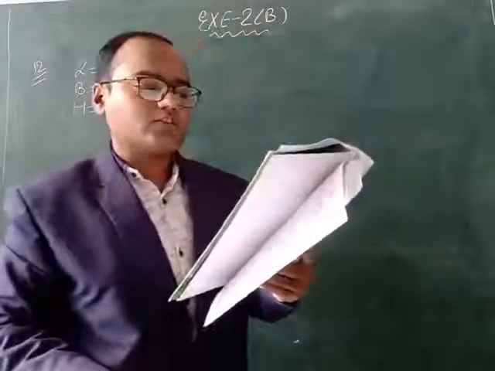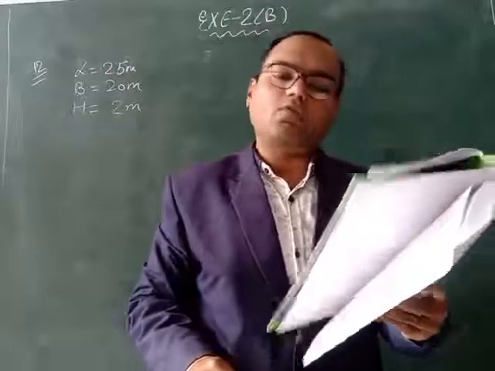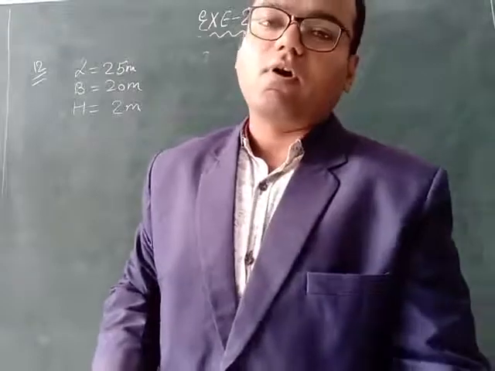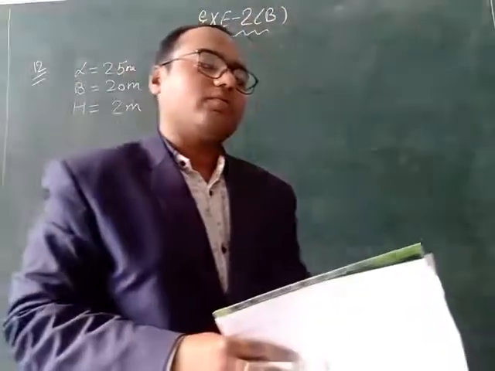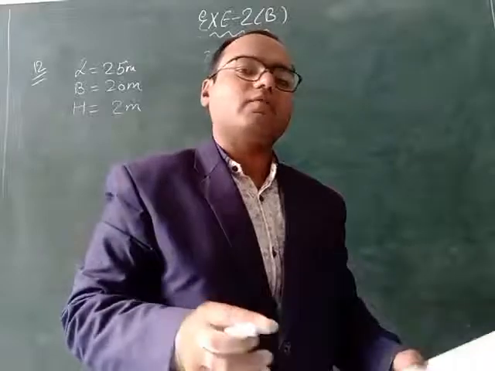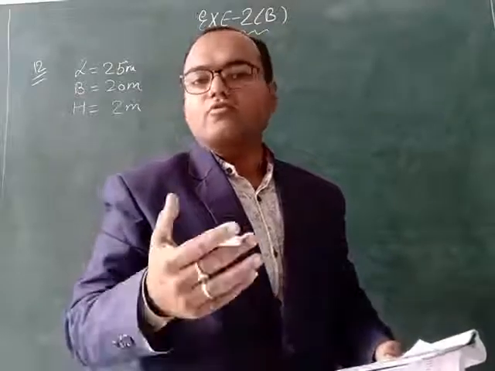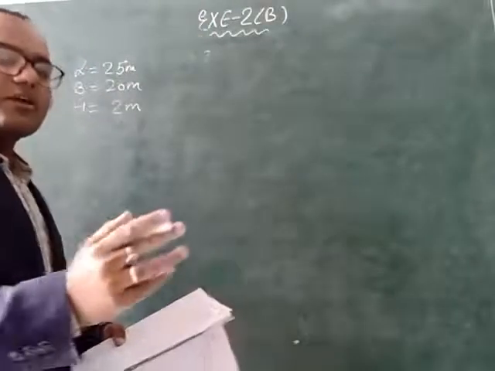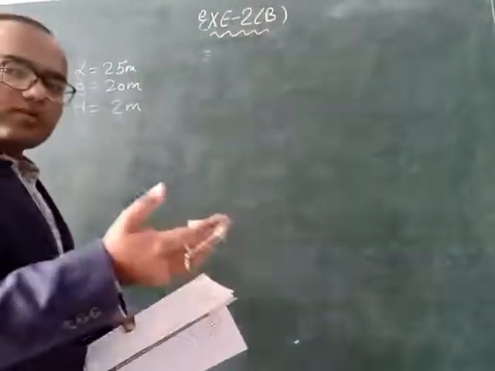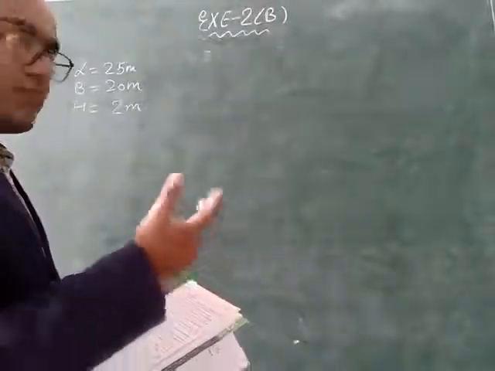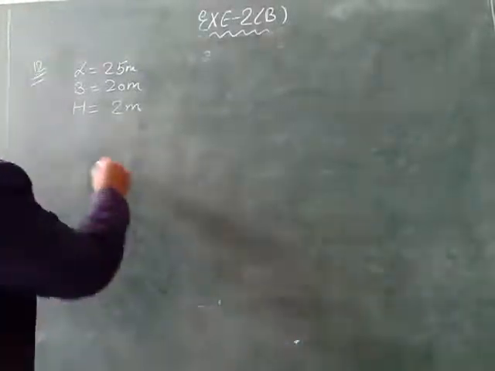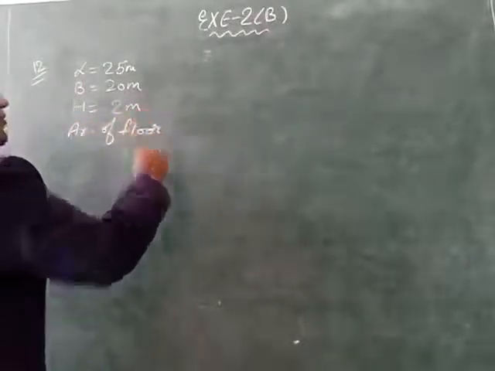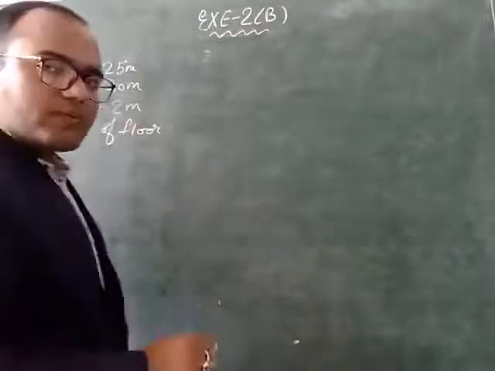We have to find the cost of cementing its floor and walls. So we have to put cement on the floor and walls also. So instead of finding the cost first, first of all we will find the area. How much area we have to cement. So we have to put cement in 2 places, the walls and also the floor of the swimming pool. So first of all we will find the area of the floor.